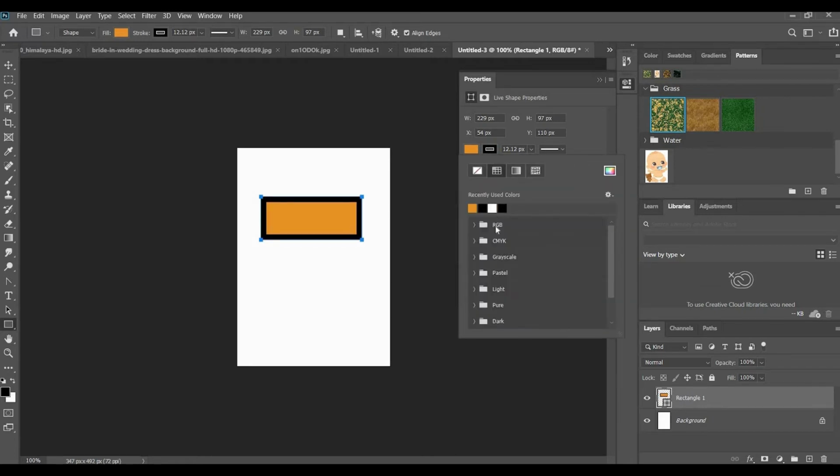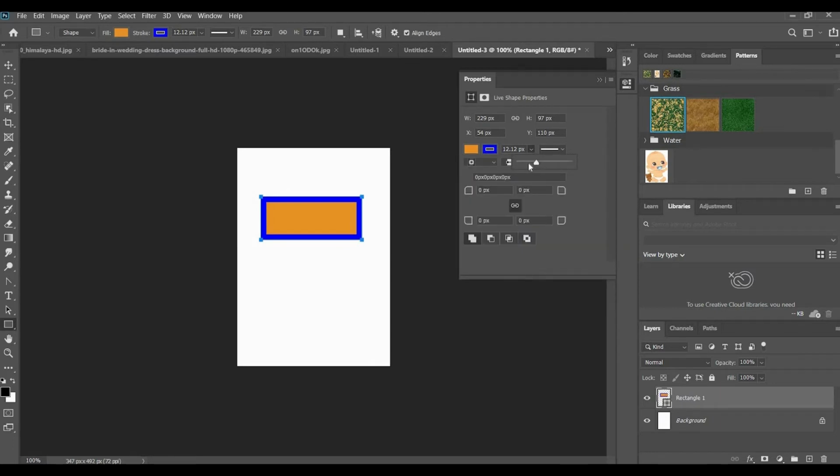Stroke color, let me choose from here, this green. With stroke, it will follow the outline and draw automatically.